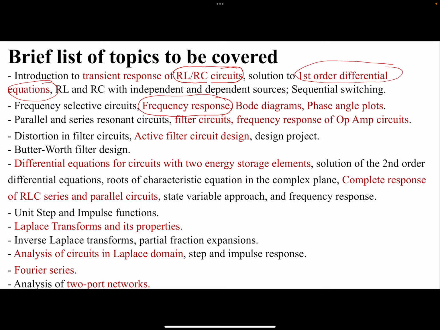Every time domain signal, with some caveats, can potentially be represented in the frequency domain, and we are going to learn so many amazing things about it. We will understand those frequency principles and build different circuits, and how they translate into our circuit elements. For example, if you build an RC circuit or an RL circuit, what would be their time domain response or frequency domain response. We will build filter circuits as well.